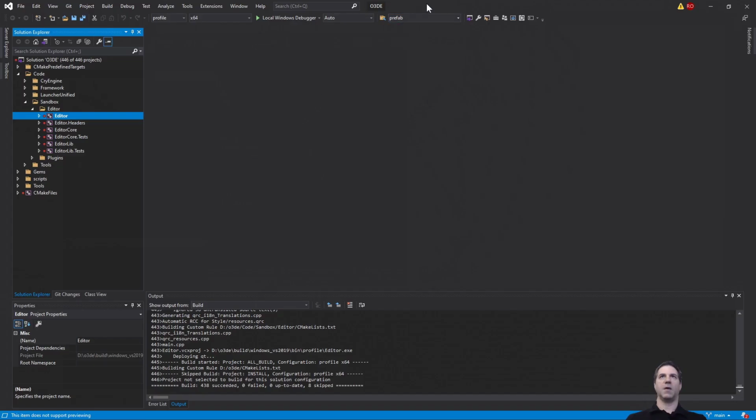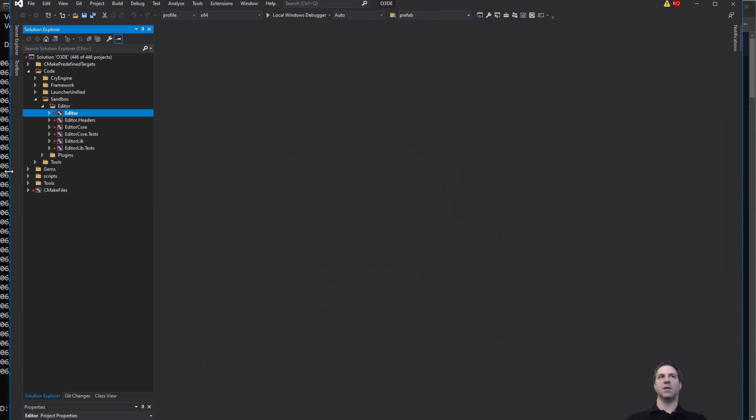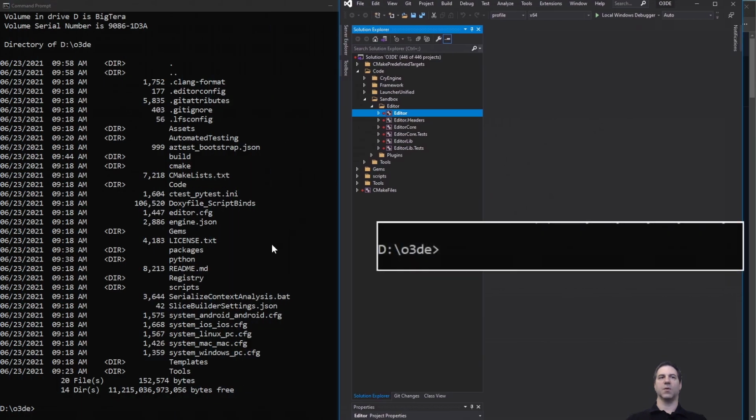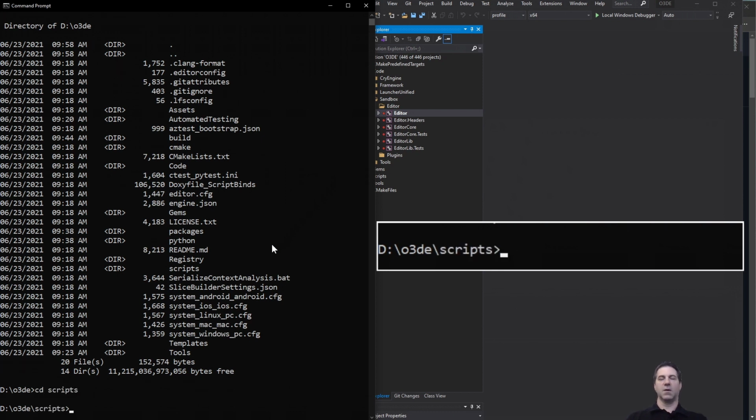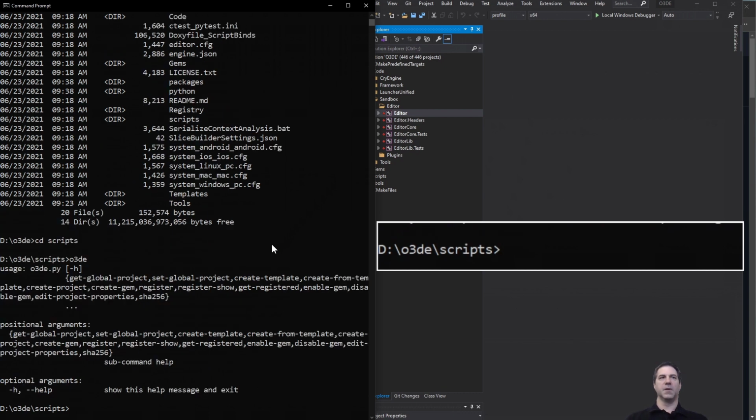Now, even though we have this selected, we still need to actually register the engine because it doesn't know where to find itself. So within O3DE, there's actually a thing called scripts. And inside of here, there is a script that's O3DE. And when you run it, it has a lot of configuration pieces. So the first thing we need to do is tell it where to find and register this engine. To register the engine, it's actually pretty easy. What you can do is just say O3DE,